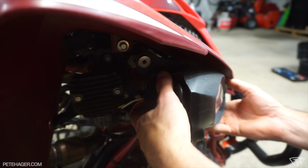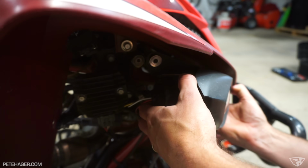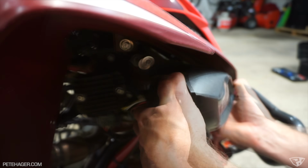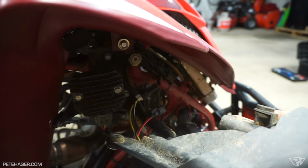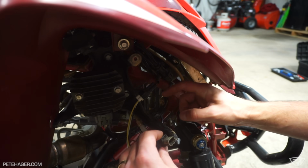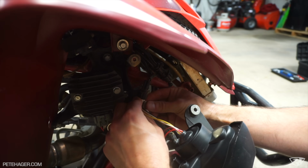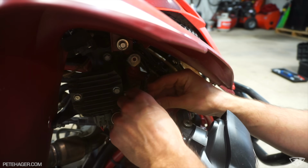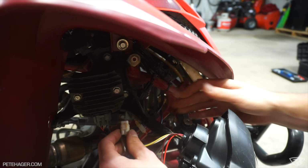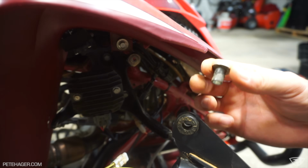And then this whole thing just pops over some of these tabs. Just want to kind of wiggle it loose. All right. That looks pretty good. Let's give this a little push with the flathead. I just can't get a good pull on it there. Okay, I got it. So the only thing I forgot is this little metal sleeve is going to transfer over